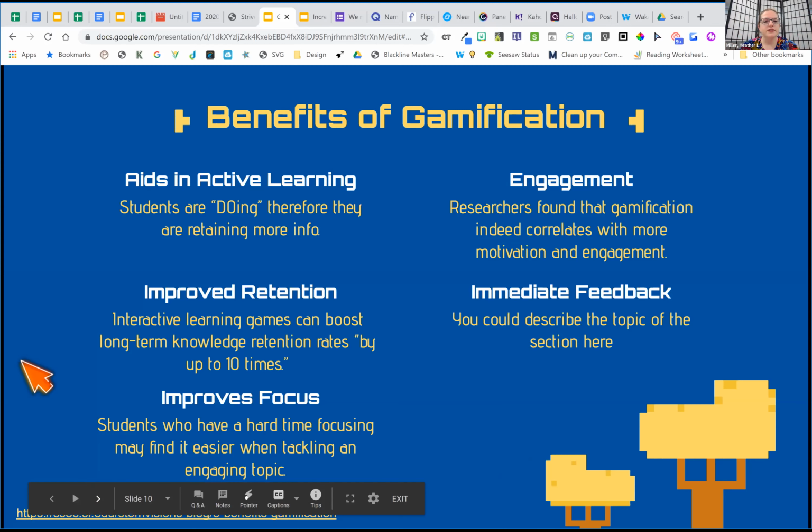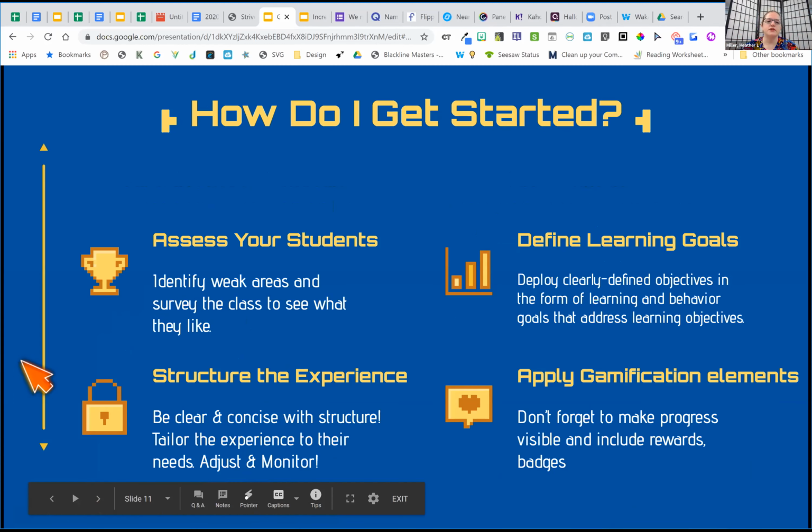So how do you get started? Just assessing your students, identifying those weak areas, surveying the class to see what they need help on, and reviewing those areas that need to be reviewed. That's a great place to start for gamification, because they won't realize they're reviewing them. They just feel like they're playing a game.